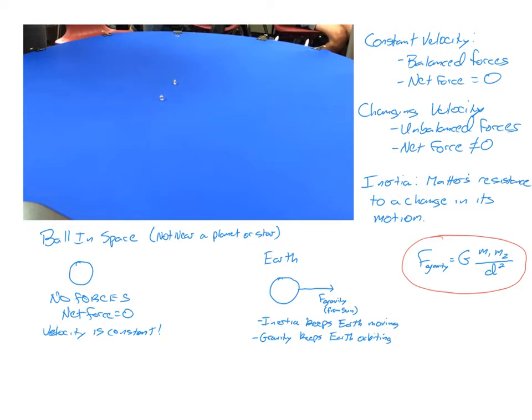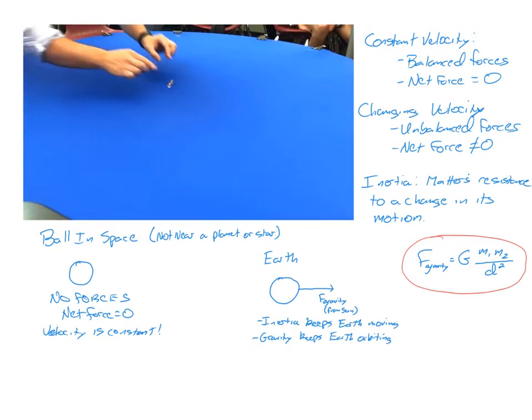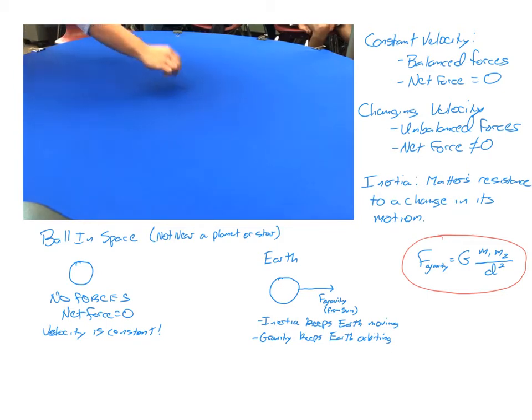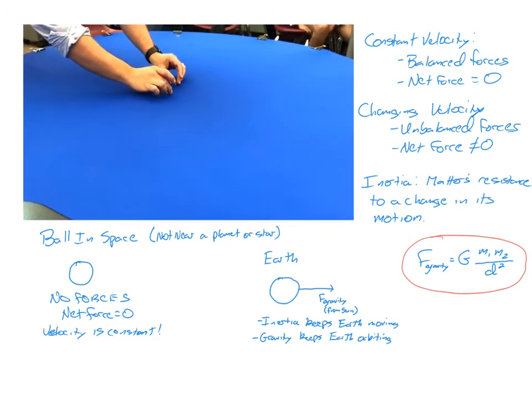Okay, so how could I get these to be more attractive? I could increase the mass, but can I do that to an object? I could decrease the distance. So if I take these and put them closer together, they want to come together. Now these little objects are actually warping space-time, but it's so small that you won't really notice it in the fabric.